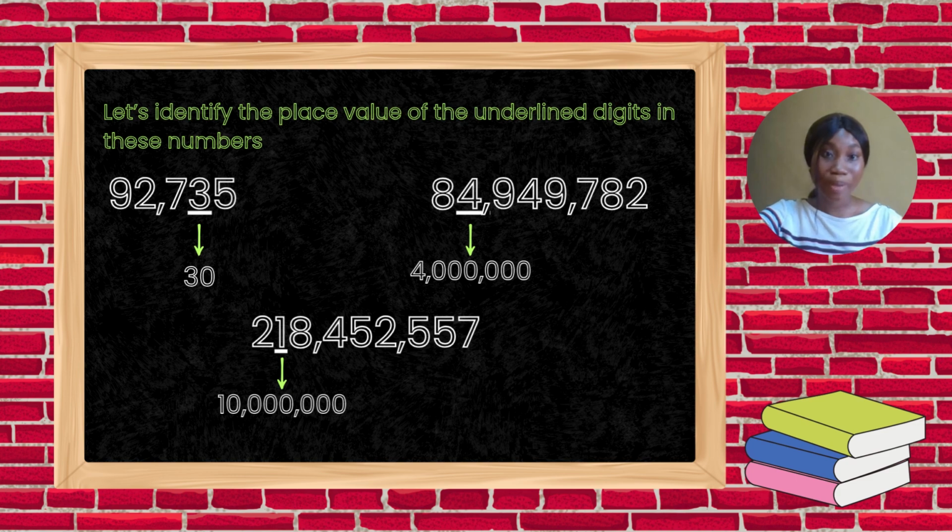92,735. So starting from the back, 5 is in the ones place, but my underlying digit is 3. So let's move on. 3 is standing in the tens position. So 3 times 10 gives me 30. So the value of 3 in this number is 30. The next example, I have